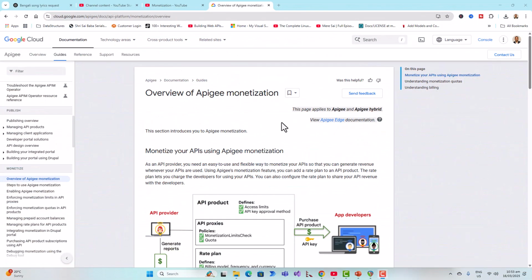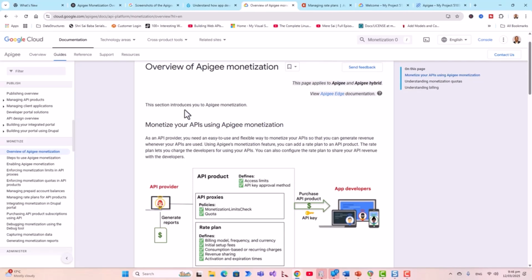Now, from this clip, you might have got a quick overview of how Apigee is set up for a rate plan with an existing API product. So let's switch over to our. So this is